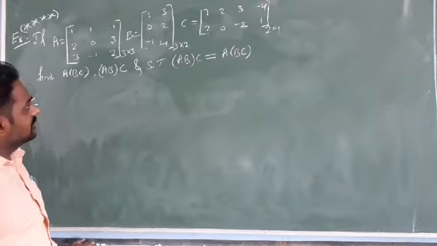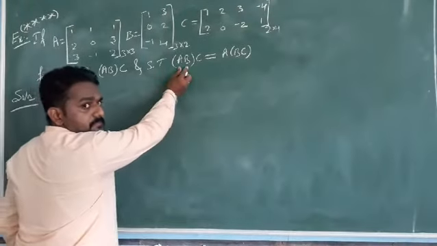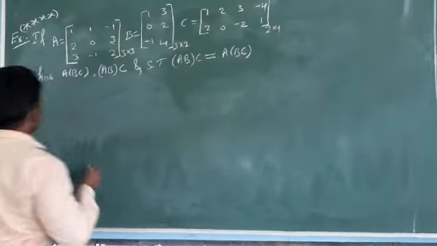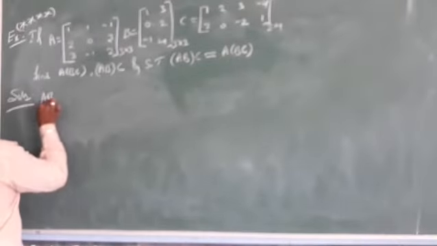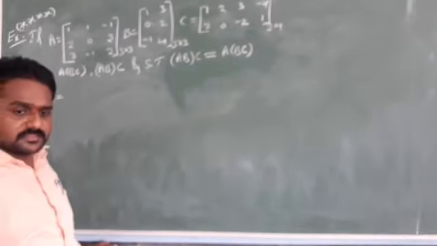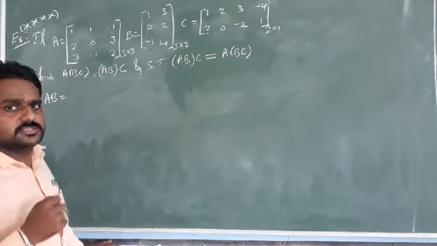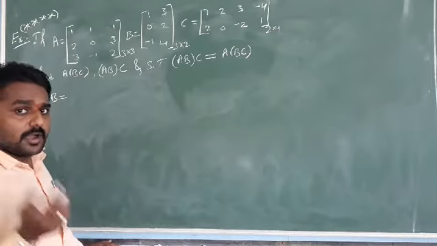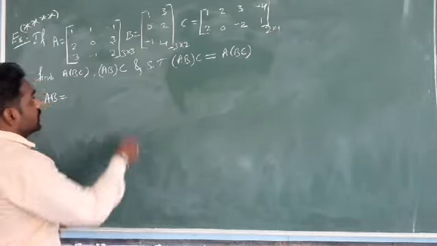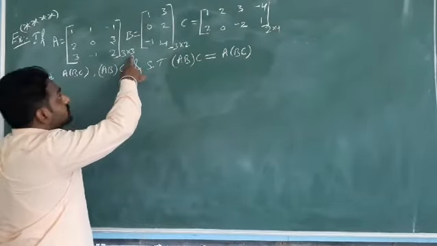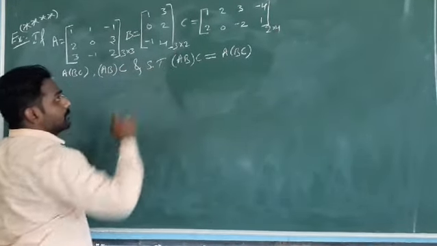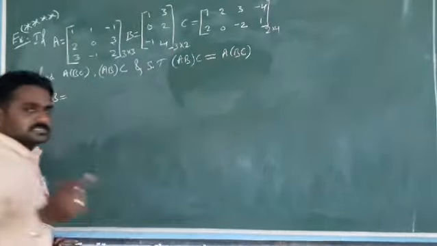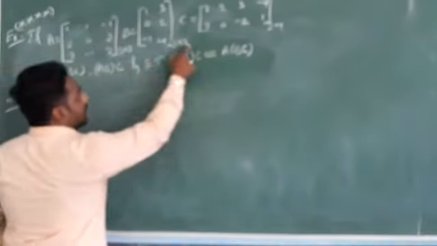Okay, first find the product AB, the LHS part of this equation. First you have to decide whether the product AB exists or not. How are you going to find whether the AB exists or not? We have to observe. Already you know the thing. The number of columns of the matrix A should be equal to the number of rows of the matrix B. So this is 3, this is 3. Yes, this exists, and it is of the order 3 by 2.